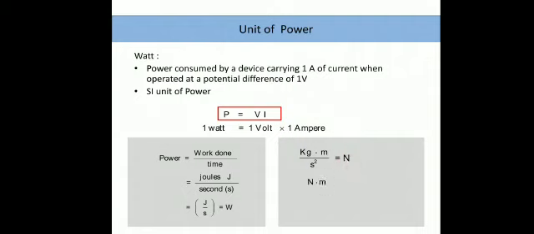Okay, and then Newton into meter is nothing but joules. Kindly pay attention. These kinds of questions come in entrance exams. So Newton into meter is nothing but joules. Okay, and right now we have seen that joules per second is nothing but watt. So kindly remember this and pay attention. So kg meter per second square is Newton, Newton meter is joules, and Newton meter per second is nothing but joules per second, which is nothing but watt.